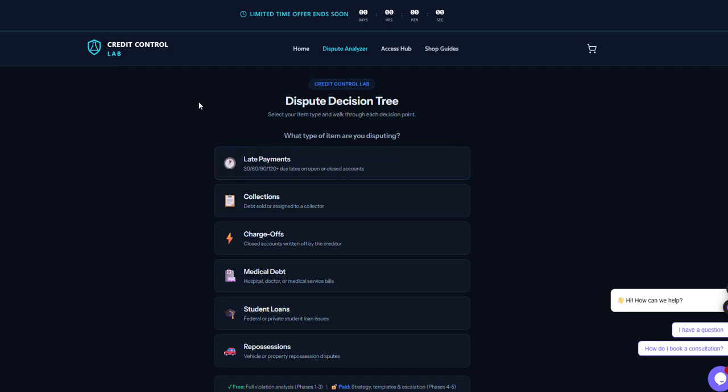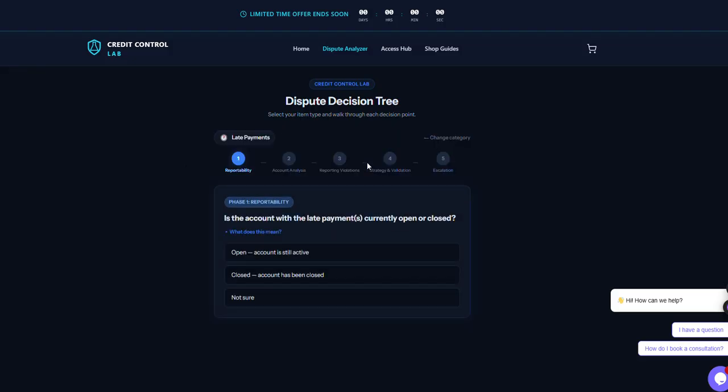This tool works. This is the dispute analyzer right here. Without further ado, I'll just walk you through it. It's kind of self-explanatory. We've got the categories that are most often found within a credit report. I'll go ahead and do late payments, very common. As you can see, what the tool does is it guides you and funnels you down